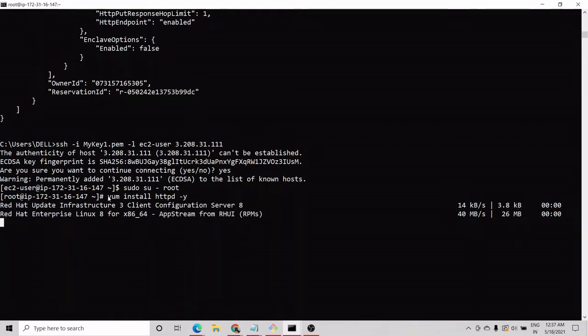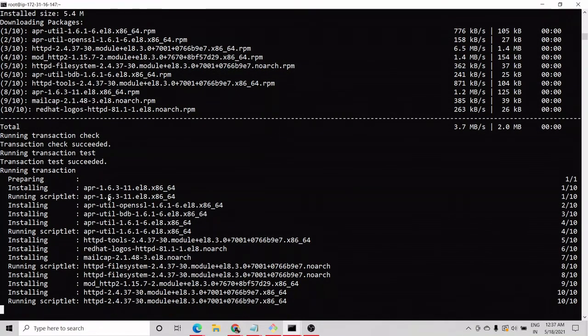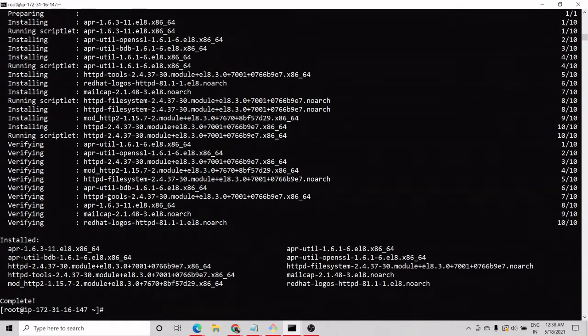After it is installed, we will go into the /var/www/html folder and create some page there, but we will not create any web page now, because we want that web page to be on an EBS volume. So we will not create it now. We have just installed the httpd software.